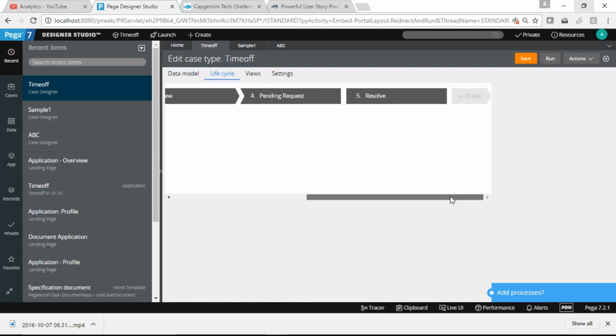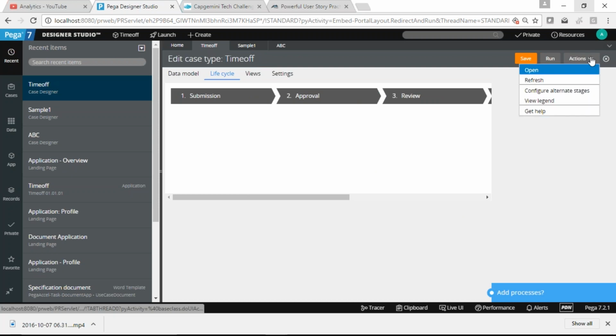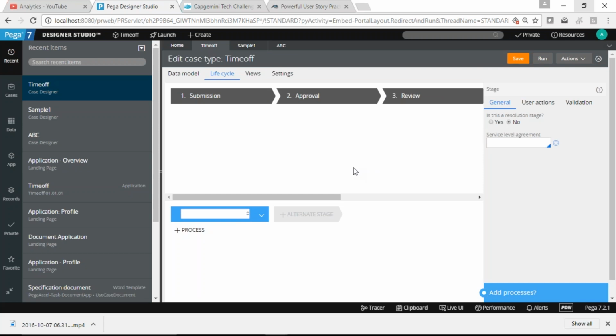One thing is that I could not find the way to add an alternate stage in Pega Express. I need to check how we can go for the alternate stage from Pega Express. So I'm adding the alternate stage from the Designer Studio only. Here we have update. When we are naming an alternate stage, we need to use work plus request.